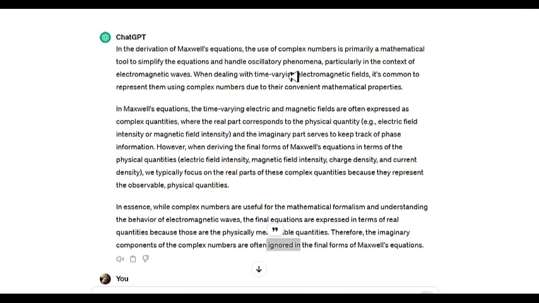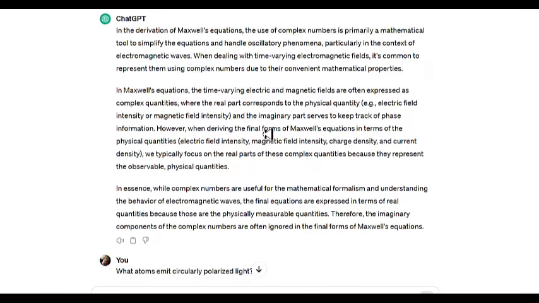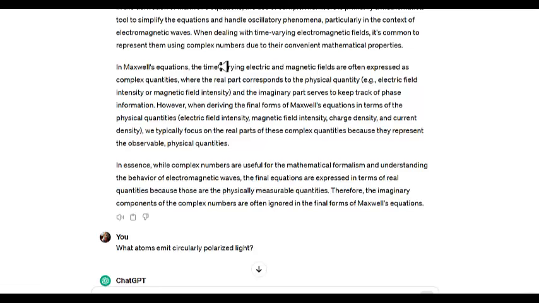When dealing with time-varying electromagnetic fields, it is common to represent them using complex numbers due to their convenient mathematical properties. In Maxwell's equations, the time-varying electric and magnetic fields are often expressed as complex quantities, where the real part corresponds to the physical quantity, electric field intensity or magnetic field intensity,